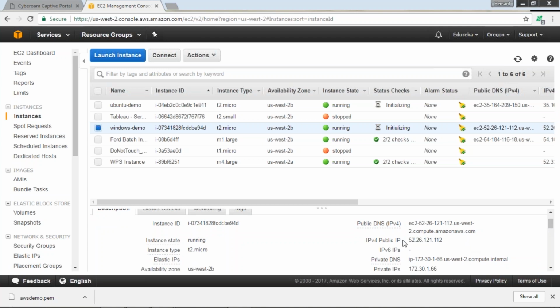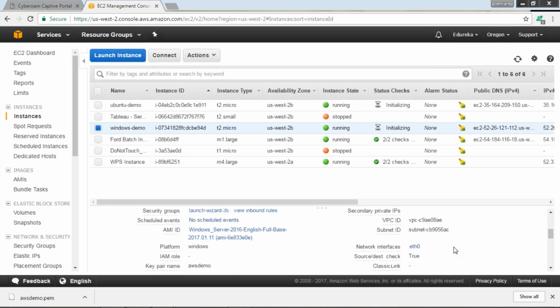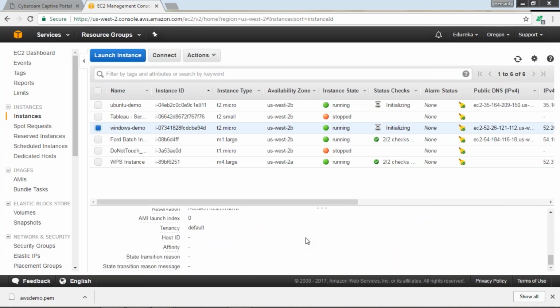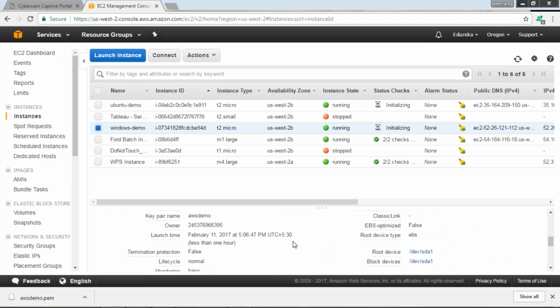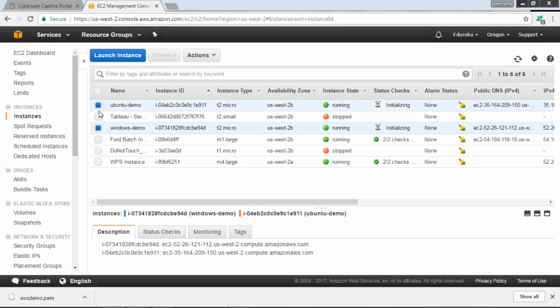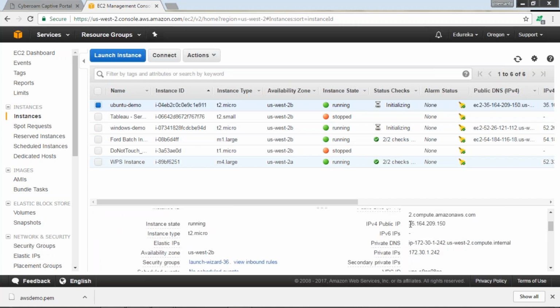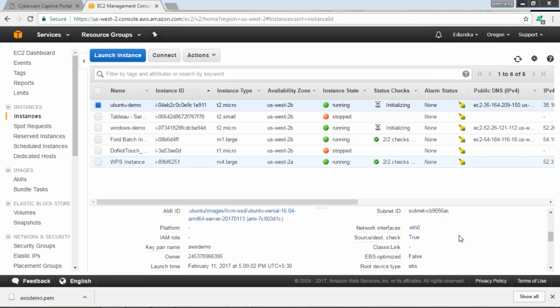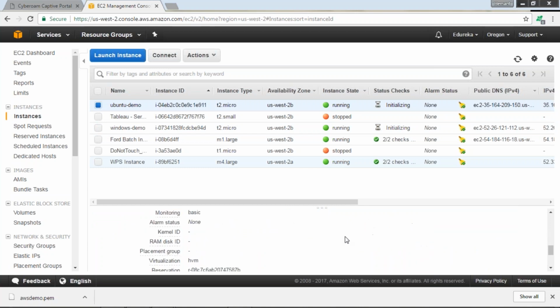So you have the public IP address. So you'll be connecting to your instance using this IP address, right? So this IP address has to be kept handy. And then you can see that your instance type is t2.micro. You can check your VPC ID or the subnet ID. So everything is mentioned here. Whatever you have configured, you can see the configuration over here. All right. Same is the case with Ubuntu instance as well. This is the public IP for Ubuntu instance and the other information.